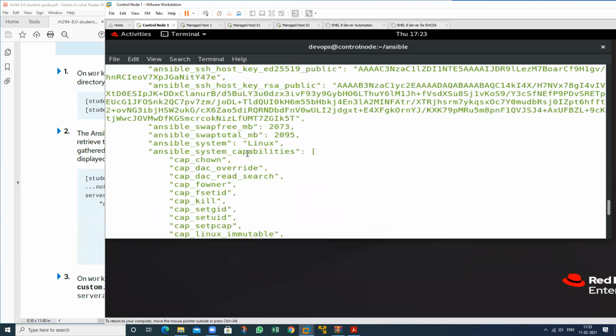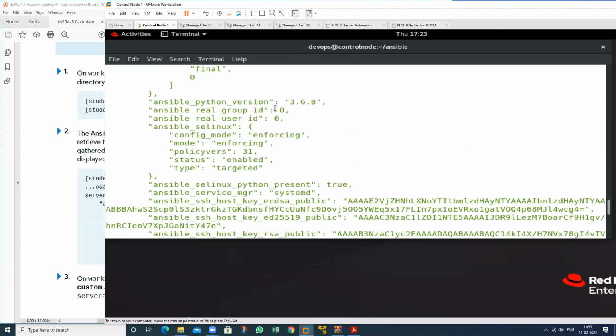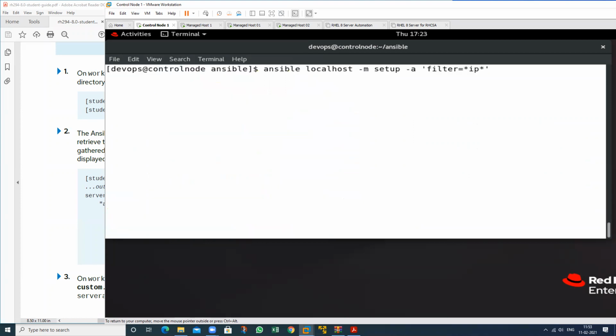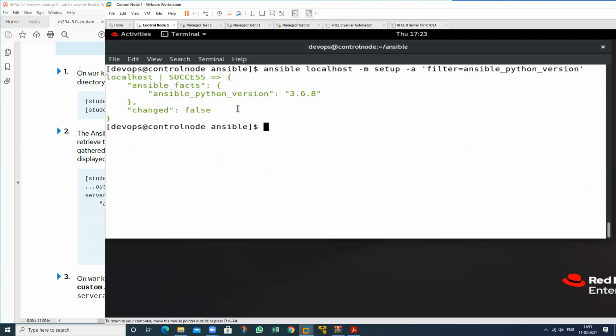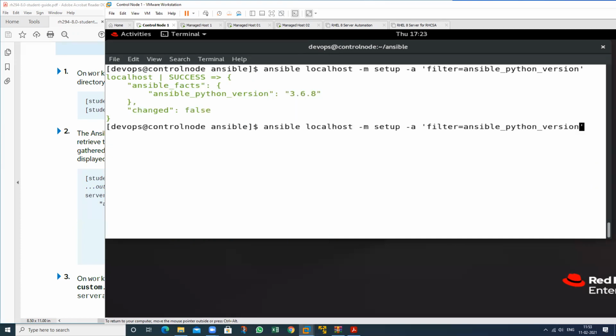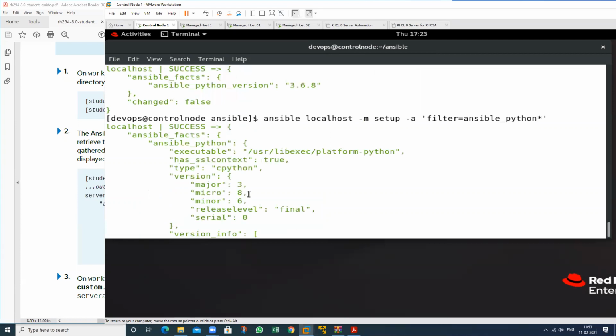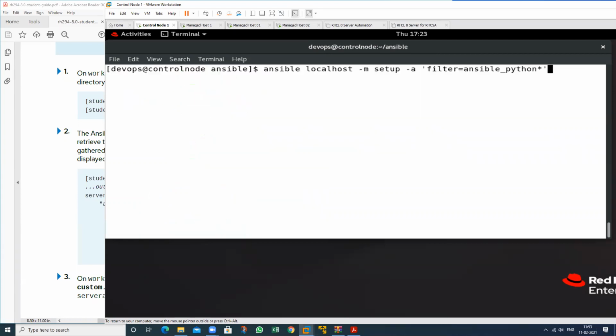Suppose you want to check this, then just place this hold. This value will be placed. Which version are you using? Suppose you forget what is in this, just type star here. So you can place this value. In this also it is highlighted. So you can check the Ansible Python version.